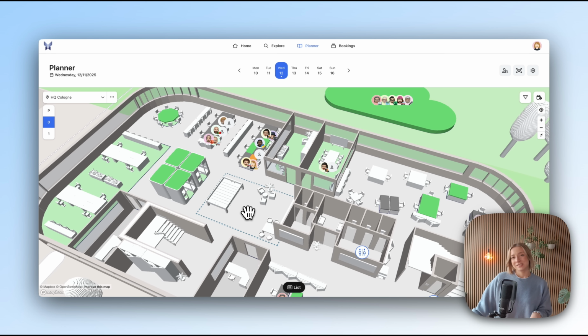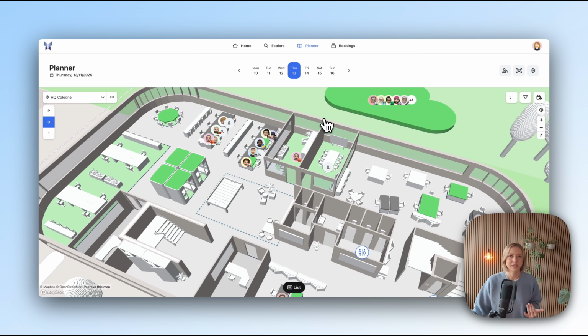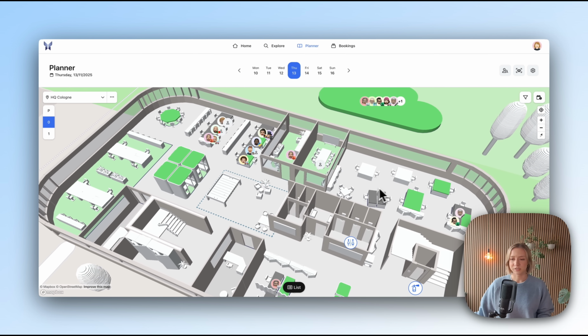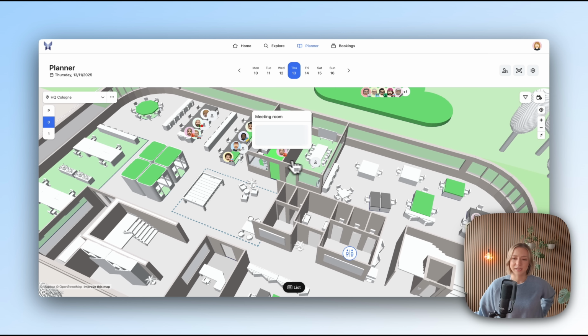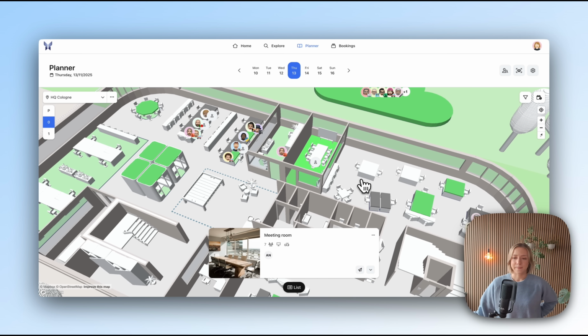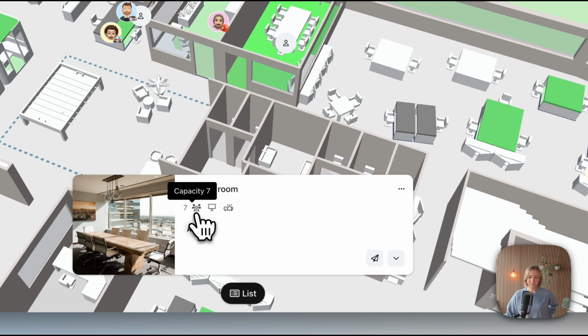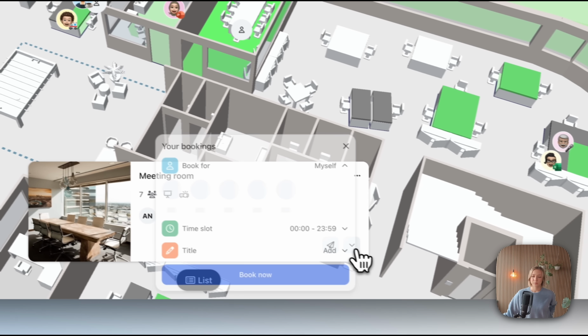I can go ahead and do the same thing for a meeting room. So if on next Thursday I know I have to schedule a meeting and I want to book a room for that, then I just go ahead and click on the day and again choose a meeting room that's available for me. I see again a few properties such as capacity, and it has a flip chart and a beamer, and I need those things for my meeting. So I'm super happy with my choice.